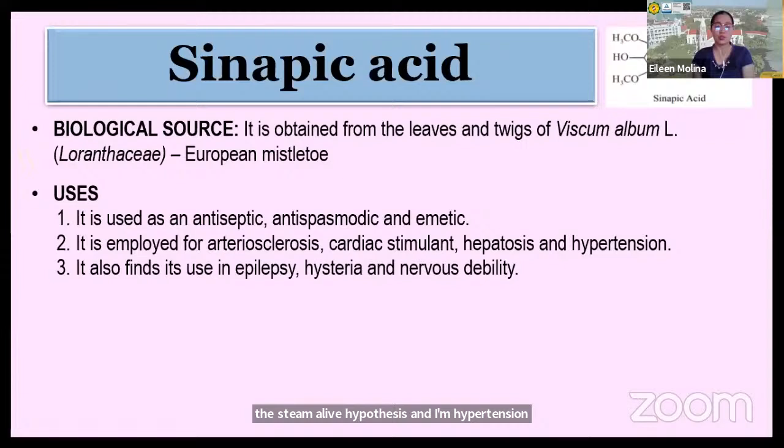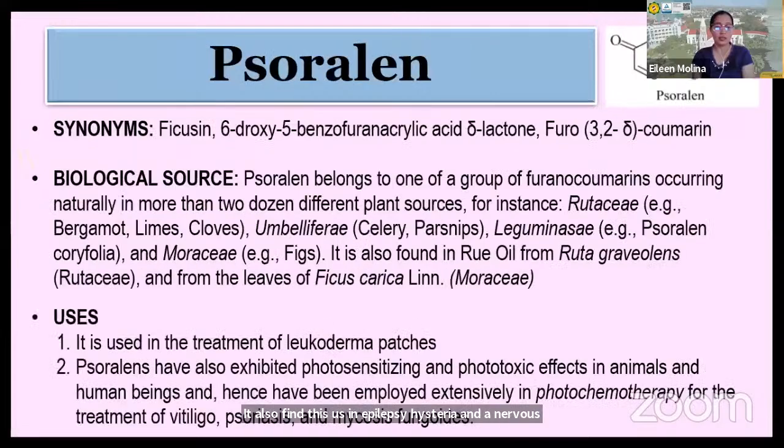It also finds its use in epilepsy, hysteria, and nervous debility. For psoralen, on the other hand, is our example for coumarin a while back. It belongs to one of a group of coumarins occurring naturally in more than 2,000 different plant sources. Okay, we have from the family Rutaceae,